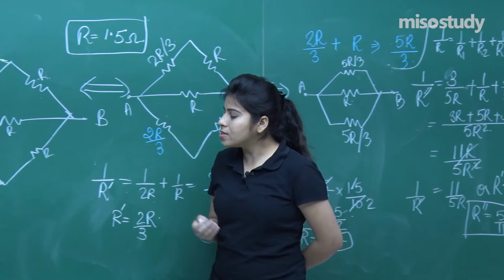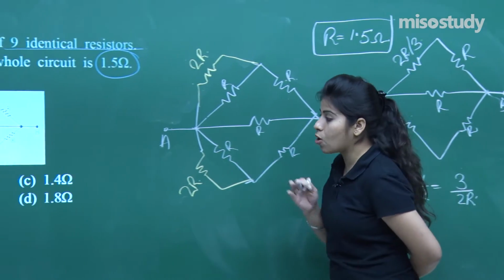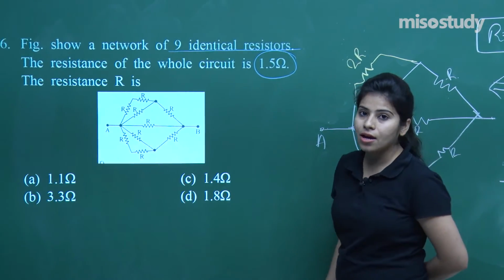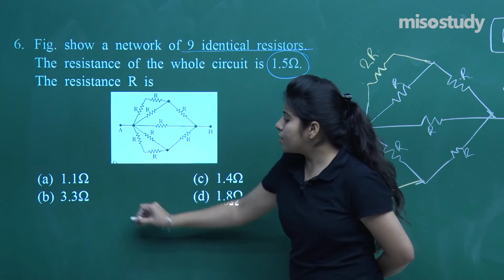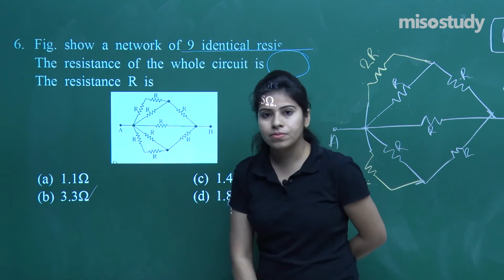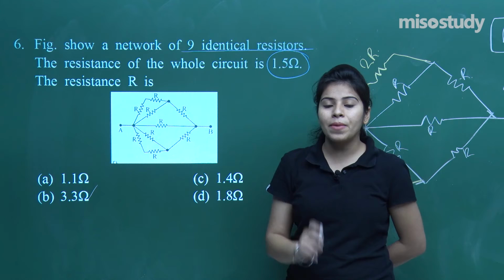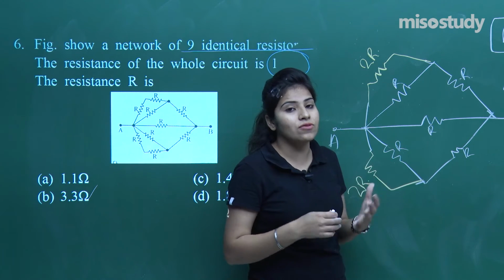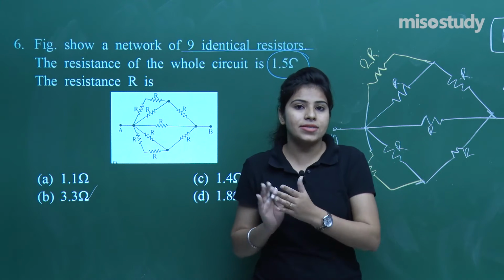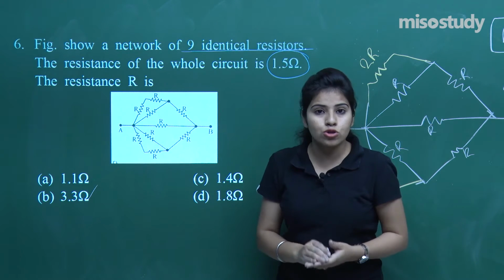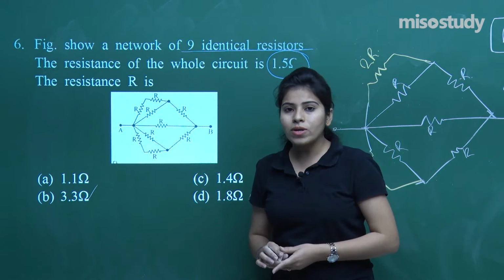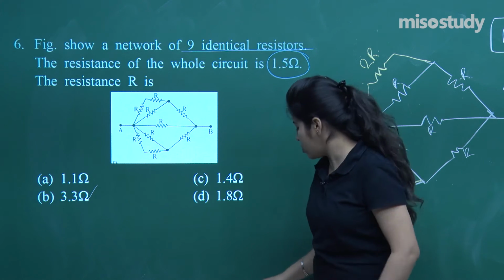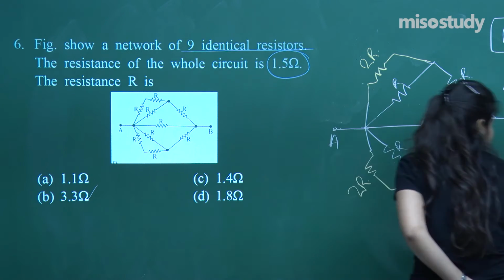So yeah, I can see from the options that there is an option present as option number B, and this is the correct answer, right? So that means this was the method for how to start the question. You can see the chain of resistances that we have simplified step by step, and this is the way you should attempt this question. So now it's time to look at the next question. Before that, I will prepare the board for you.